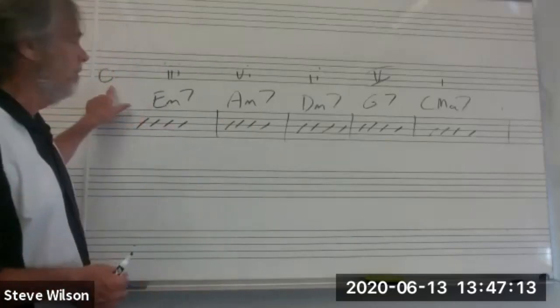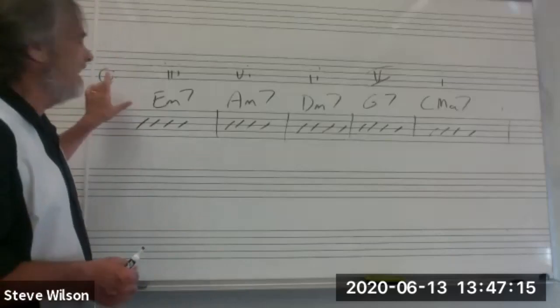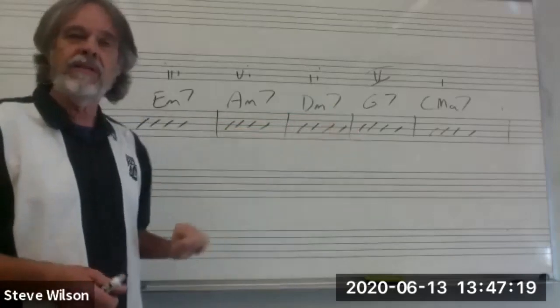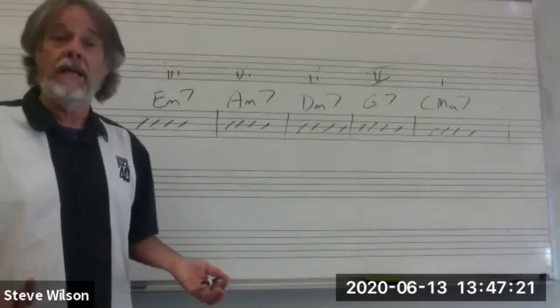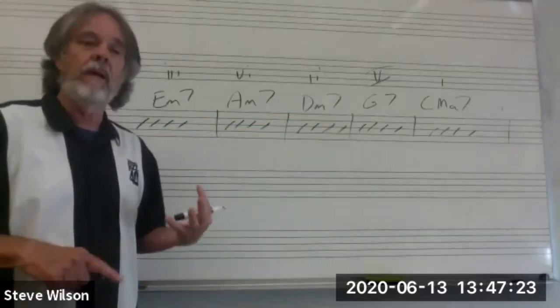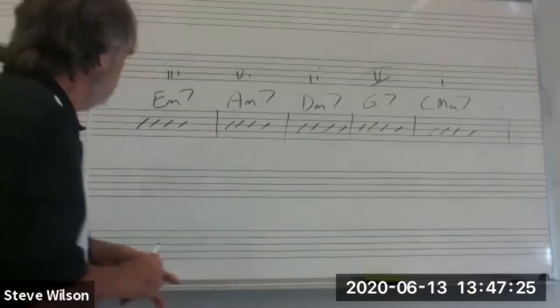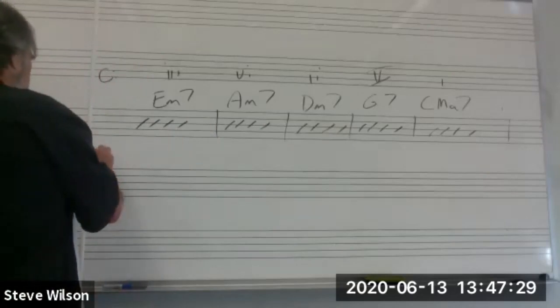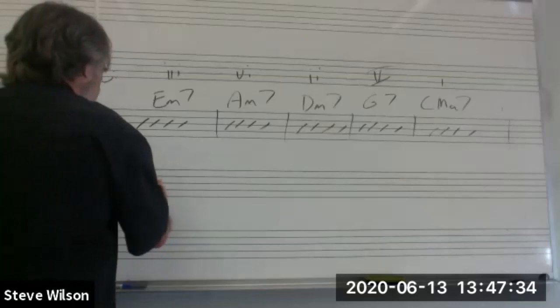For example, if I was writing a tune in the key of C, and this was the progression I was using, and I discovered it was a little bit too high, let's say the melody went about 1 step too high, well, then I moved the whole thing down to B flat. I would transpose the entire thing to B flat, in which case